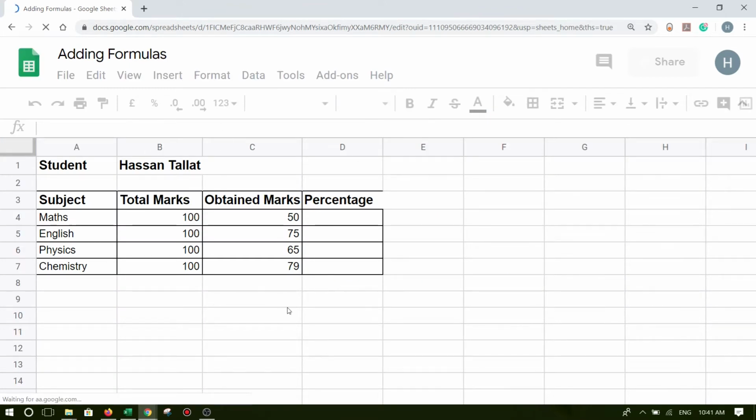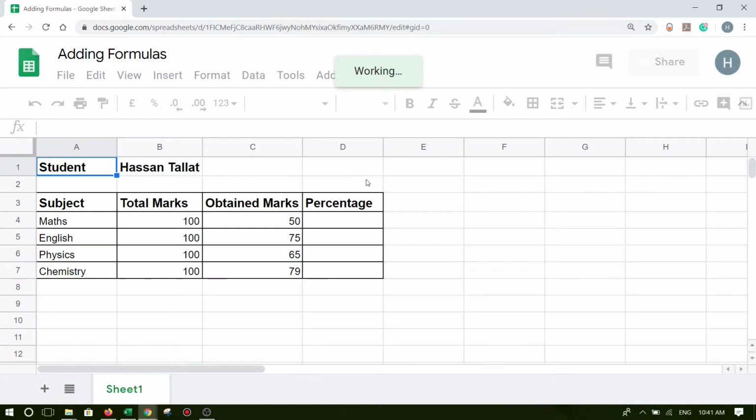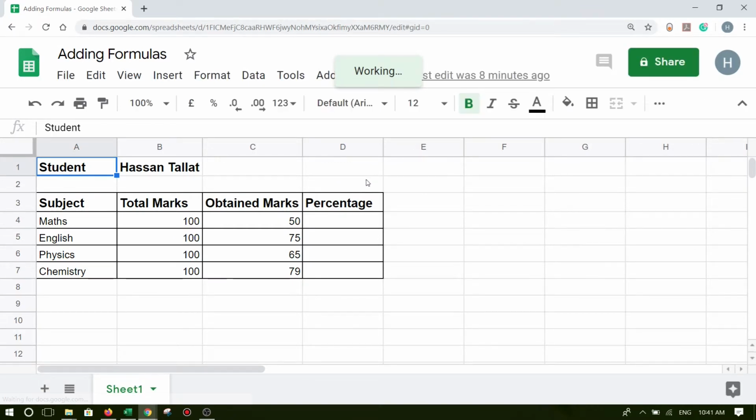So this is a result card of a student. His name is Hassan Talat. He got these marks, and we need to add a formula to calculate the percentage of the marks. Let's say I want to add a formula in column D and row 4. This is D4. I would click the cell and